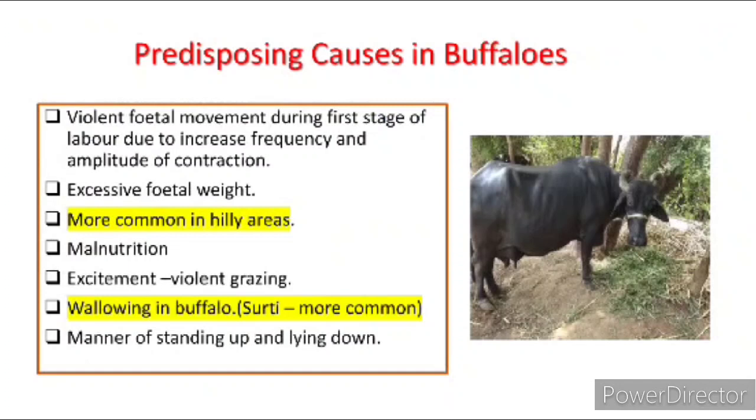The predisposing causes can be due to violent fetal movement in the first stage of labor. Also the excessive weight of the fetus, and uterine torsion cases are generally more in hilly areas, because there can be violent grazing also. And particularly in Surti buffalo, wallowing is more common, it was found. Okay, and that's the reason the torsion cases are more. If we see the northern side of India,